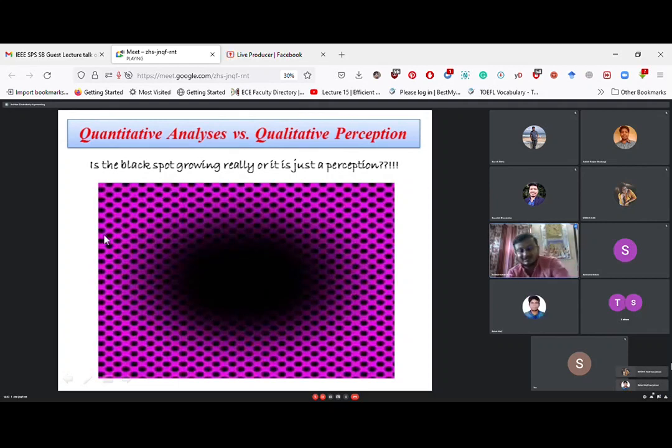Since the periodicity is already in the human brain, the luminance of the edge pixels will change though the intensity will not change. That is why there is a feeling that the black spot is growing. So there is a difference between human perception and the quantitative aspect.